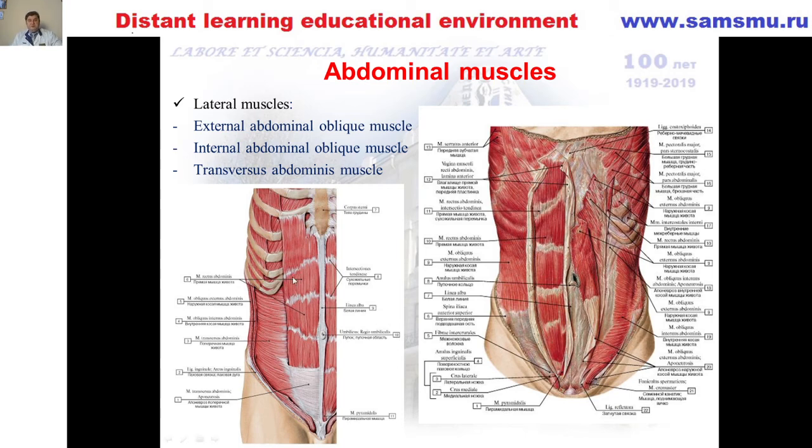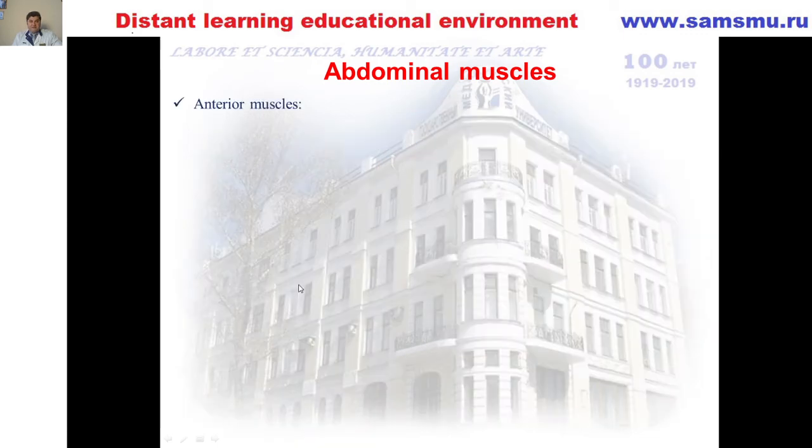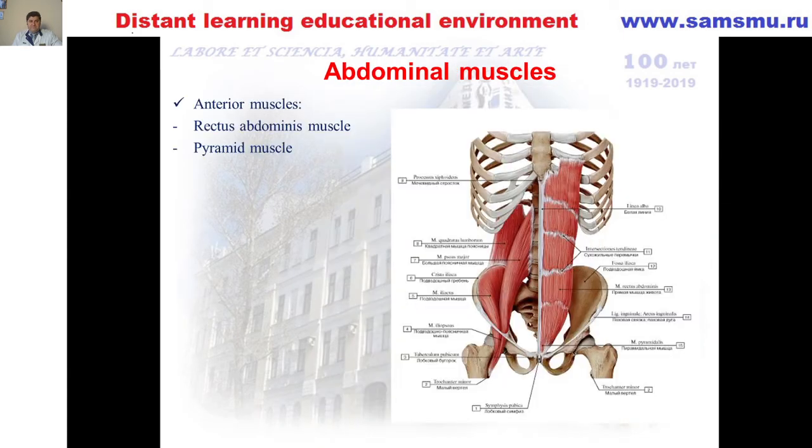So next we'll talk about anterior muscles. You may see two of these muscles here: the little pyramidalis muscle, an inconstant muscle, and also the rectus muscle. The rectus abdominis muscle stretches on both sides lateral of the midline and consists of longitudinal muscle bundles running vertically. It arises from the anterior surface of the 5th, 6th, and 7th costal cartilage and from the xiphoid